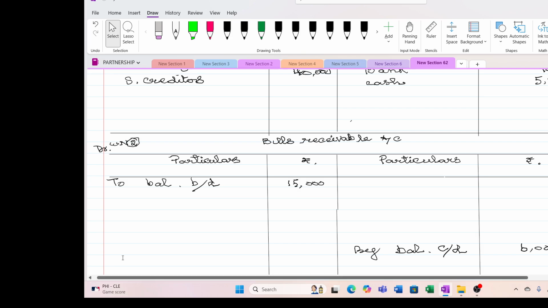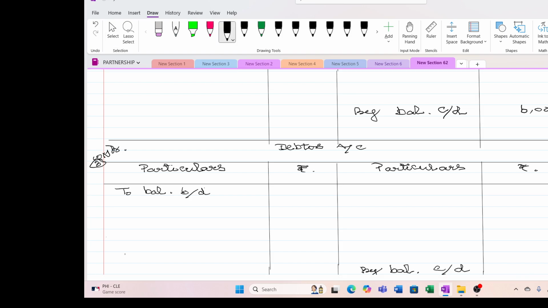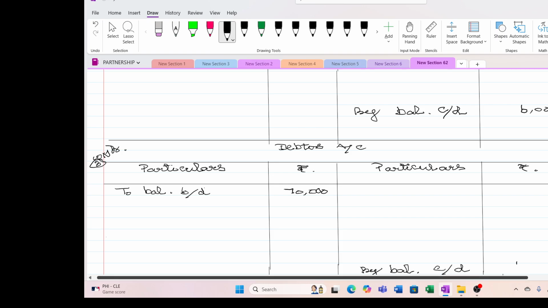Okay, and for debtors, opening balance is 70,000. You know that these are all assets, so we will be having a debit balance, and closing balance will appear on the opposite side,